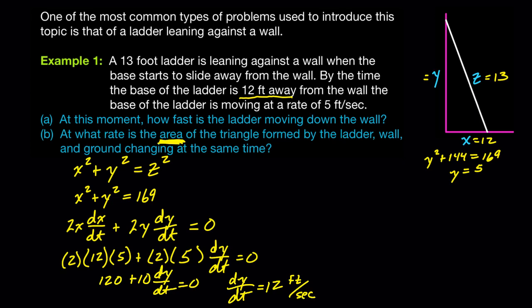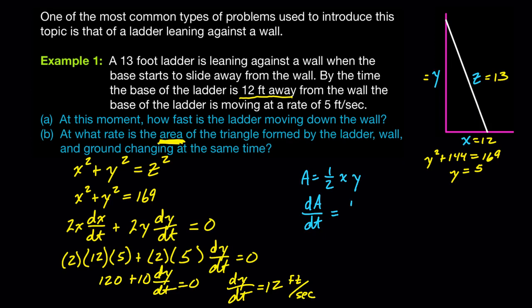If we're looking for dA/dt, that means we need a formula with area. And the area of a triangle is 1/2 times base times height, where base on this is x and the height is y. So if we differentiate,